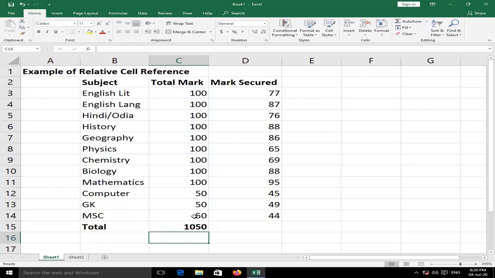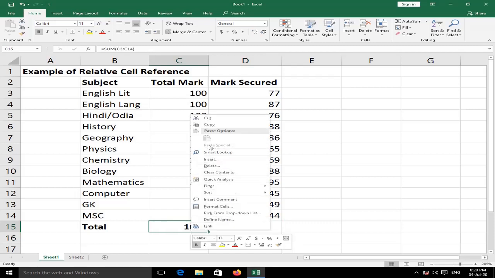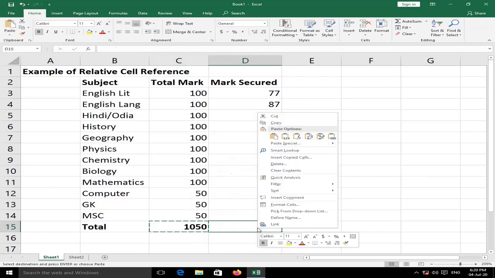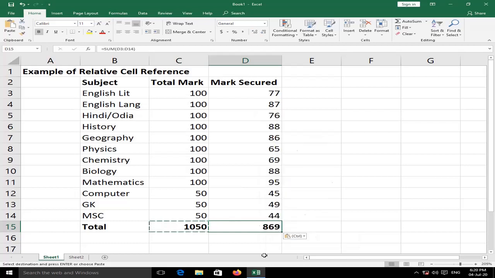So the total mark has already been found. Now again we don't need to write the formula here. So what to do, we will copy the formula, then paste the formula.